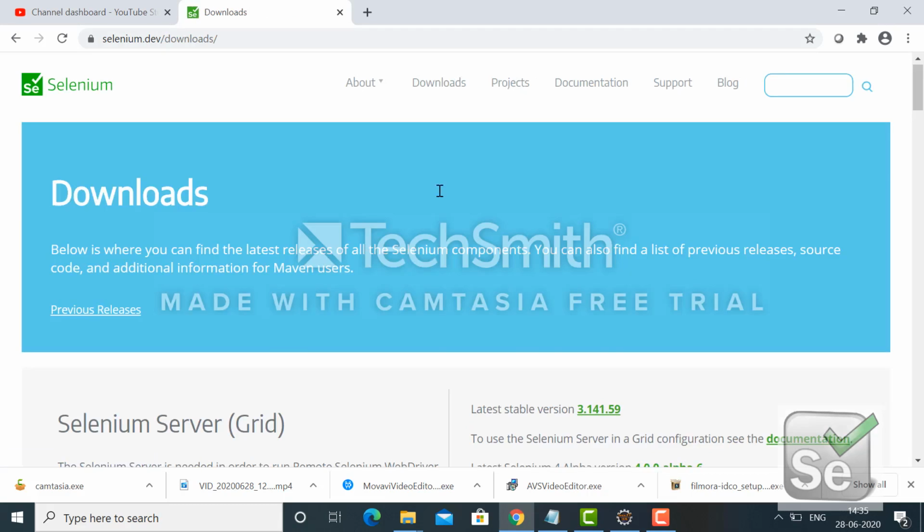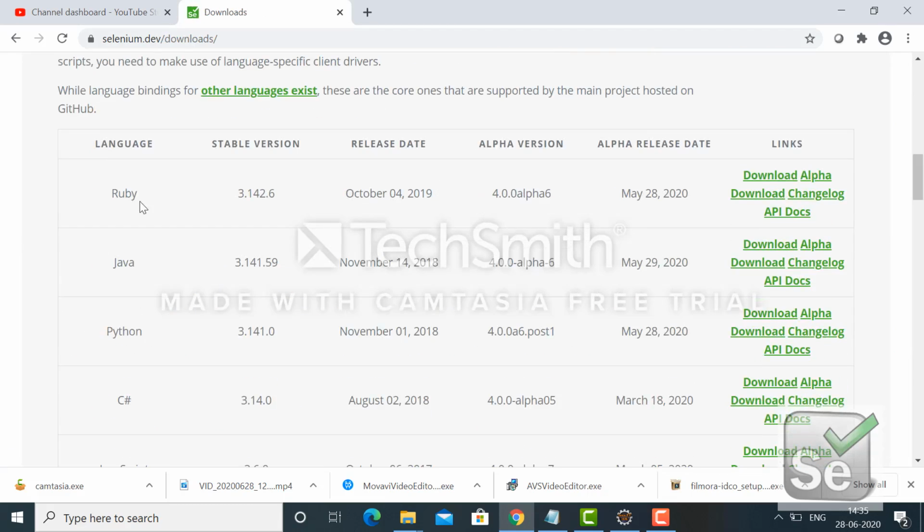Go to the download section. Selenium comes with different languages, and today we will discuss Selenium with Core Java. The stable version is 3.141.59. Click on the download button and the required jar will be downloaded automatically. I have already downloaded it, so I will just associate the jar.